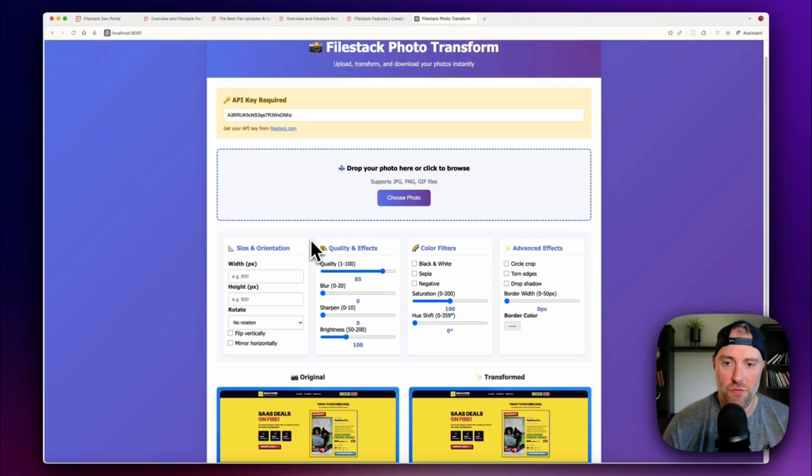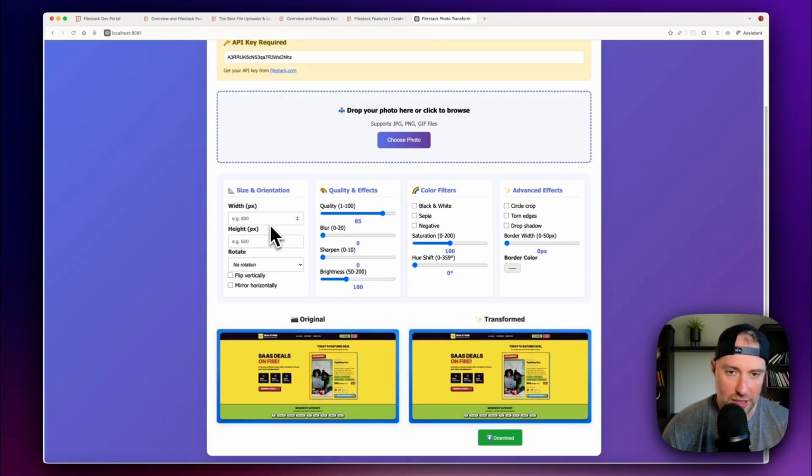We have this very nice UI where we can now make changes to our photos. We can change the size and orientation, and these are all endpoints on the FileStack API. There are over 40 endpoints. We have a few here. We can actually add more if we would like, but this gives a nice sample of what you can do